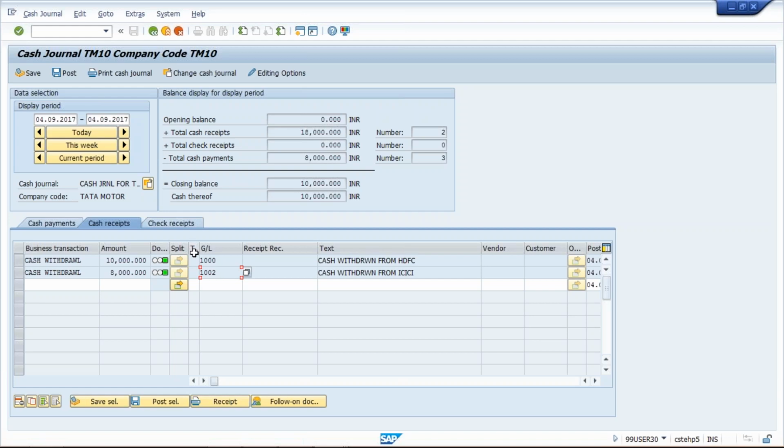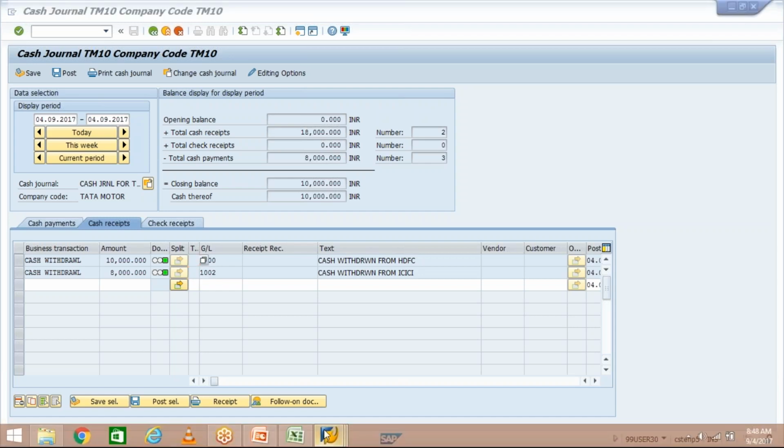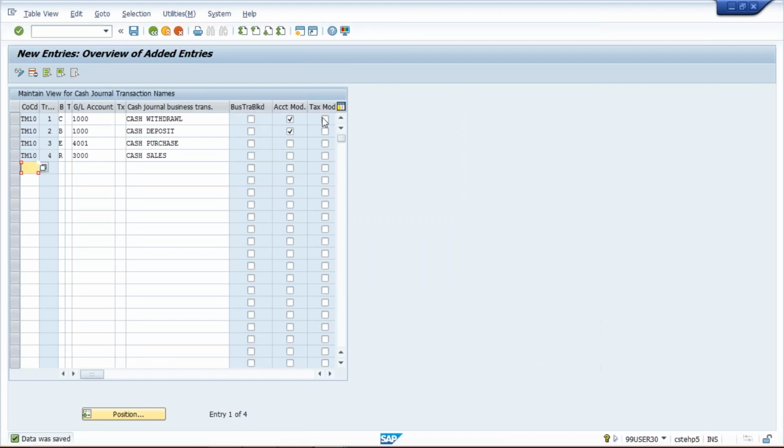In the same way, we have a tax code also. Let's suppose you are going to apply any taxes. I don't know in which case those taxes appear, but this setting has been given by SAP. Maybe not in India, but in certain countries some taxes will be there. So if you want to apply a tax code, that tax code also will appear automatically. And if you want to make this field editable, that is also possible here. Generally, if you apply a check mark in tax modifiable, then that field is shown as an editable field. But generally for us, this is the mandatory one.